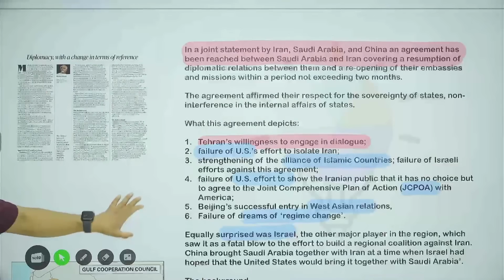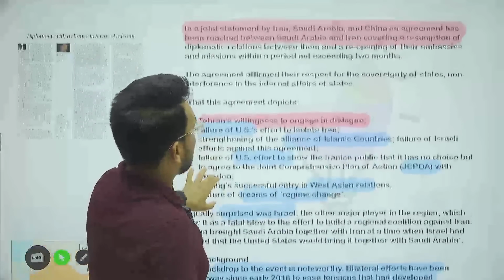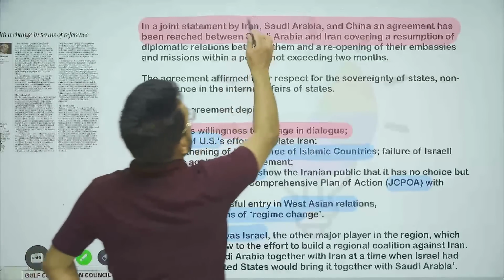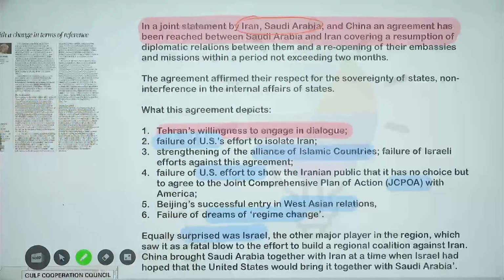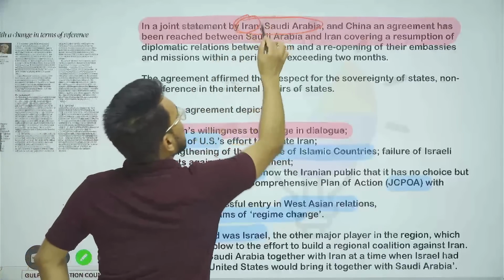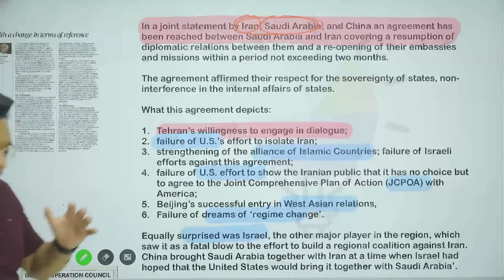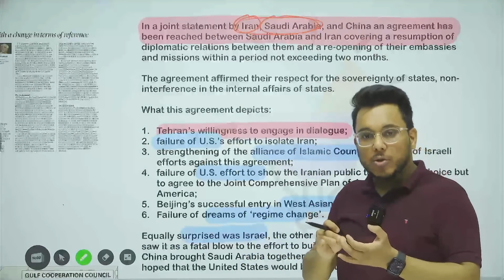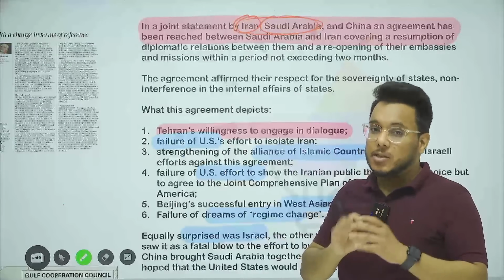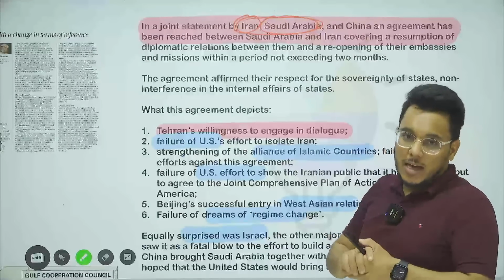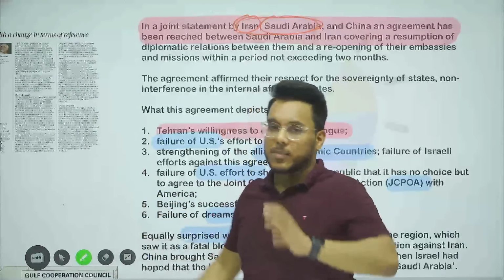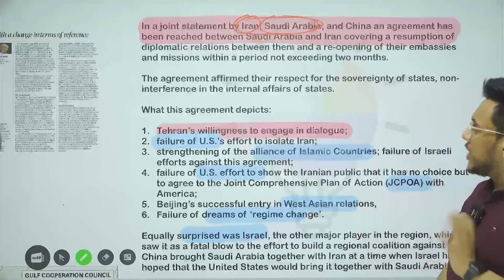Now, let's talk about the article. So guys, this particular article is talking about the recent agreement that has been mediated by China between Iran and Saudi Arabia. Understand that these two countries have huge ideological differences. Then there are also strategic and economic divergences that have developed between Iran and Saudi Arabia. Because of these differences, even the diplomatic ties between Iran and Saudi Arabia have been suspended since 2016 and 17.